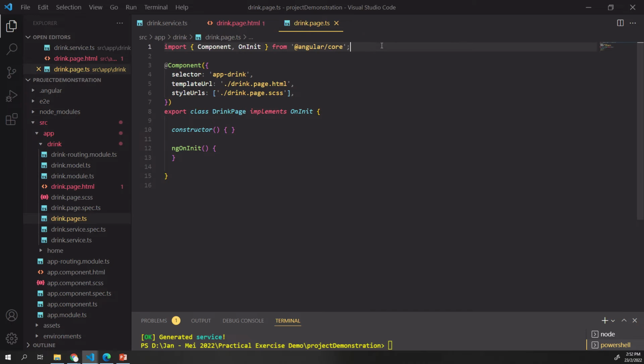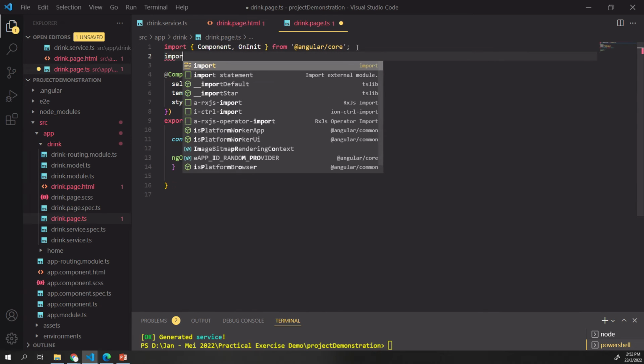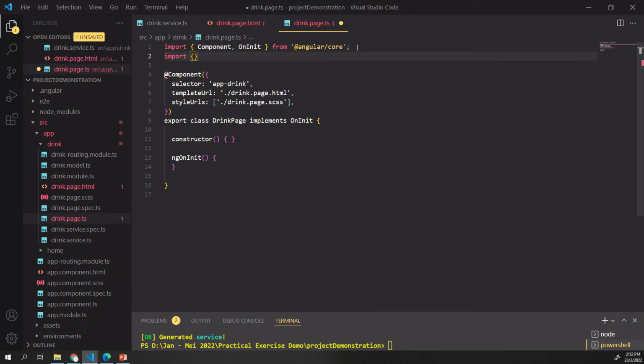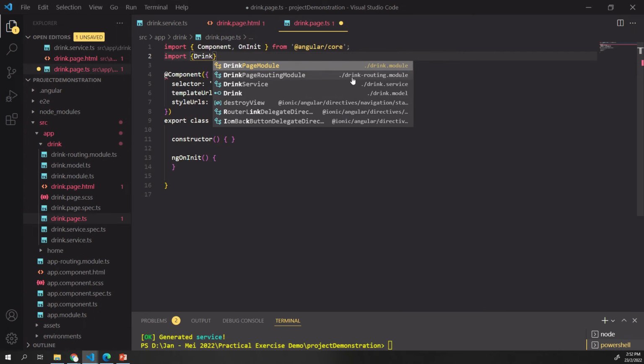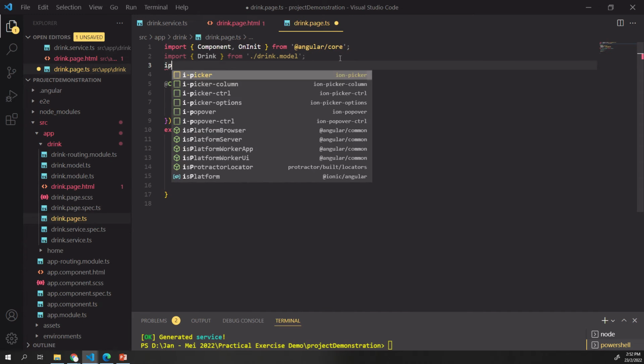We need to call the service and also the drink service and the drink model inside drink.model. So we can import in drink.page.ts. We will import the drink from drink.model. The first thing that we do just now, and then another import, which is